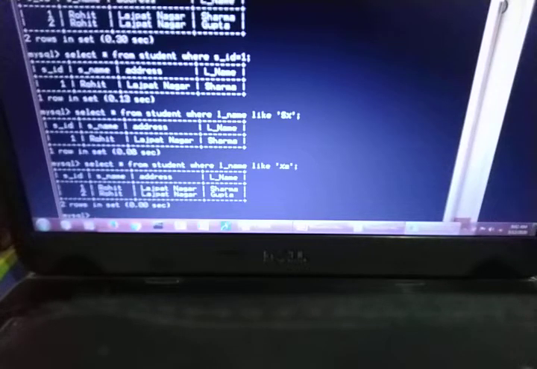Fine. Now I am going to tell you how to use the underscore operator, and then what is the difference between underscore and modulus operator. First let me scroll down my screen. Now the question is, I want the last name to start with G followed by exactly 4 characters.